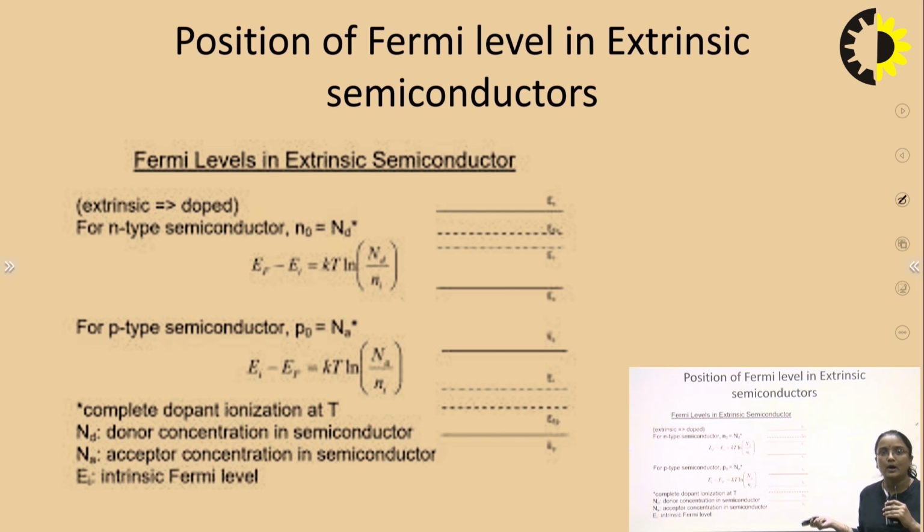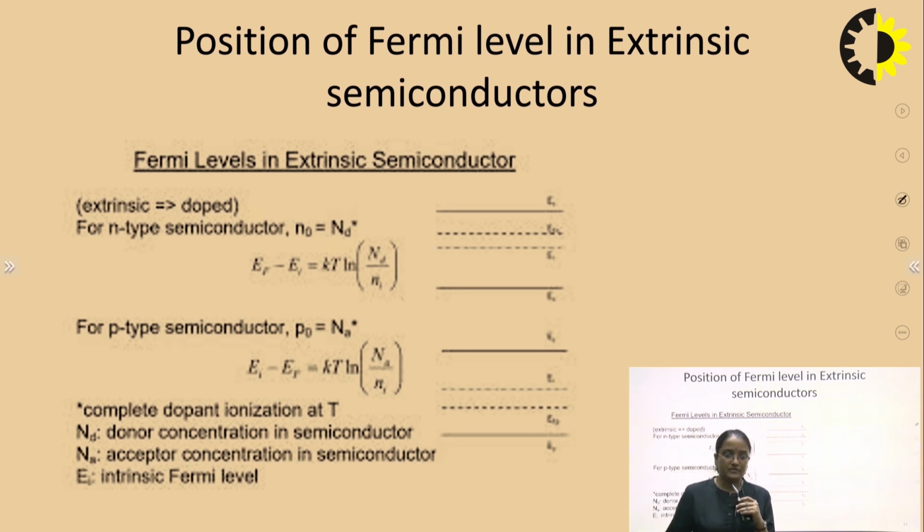This is all about the position of the Fermi level that we have discussed so far, that is, how it varies and how it lies between your conduction band and the valence band. As I discussed earlier in my slide, for the intrinsic type it lies in between the conduction band and the valence band, and for the extrinsic type, N type and P type, we have mathematically defined the positions. That's all about the position of your Fermi level for the extrinsic type semiconductors.